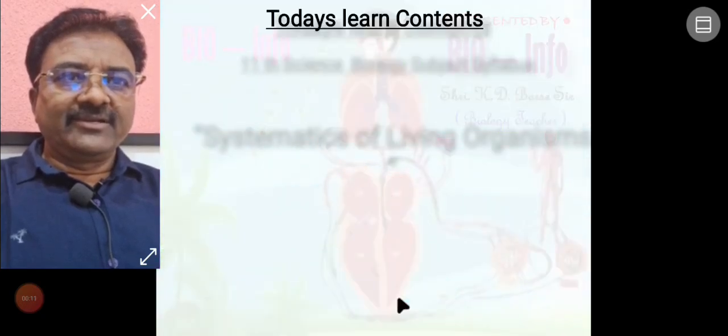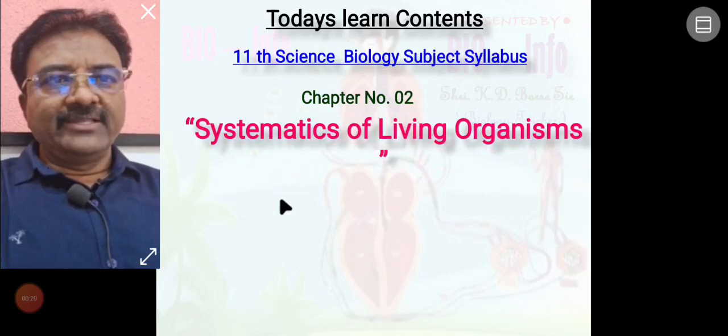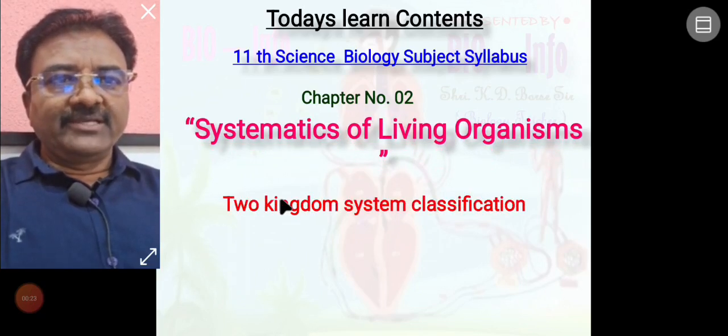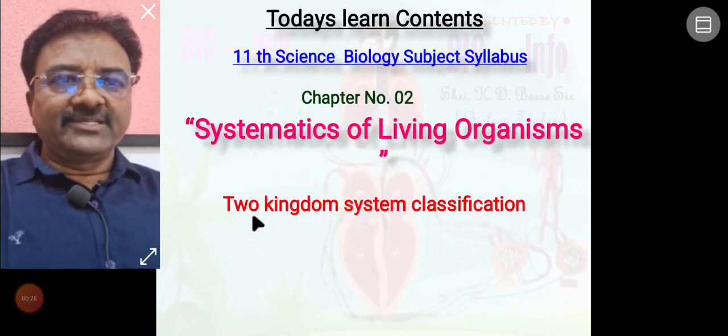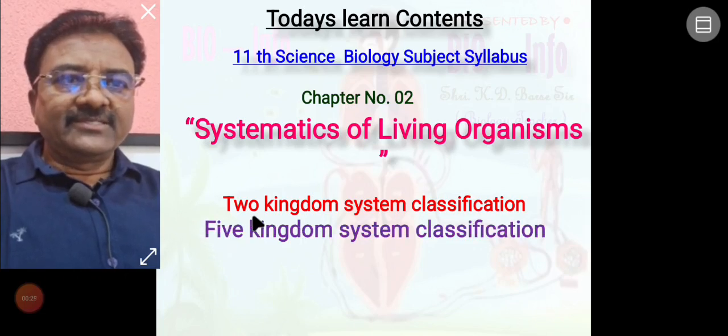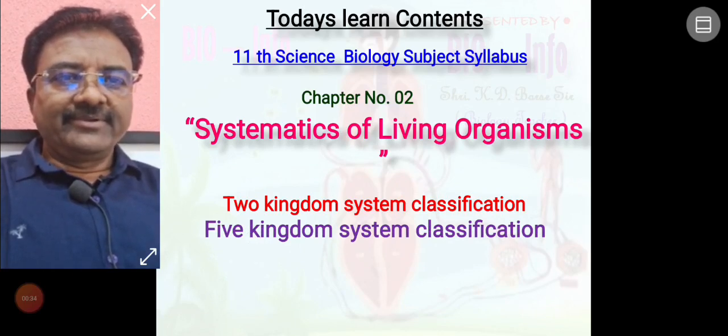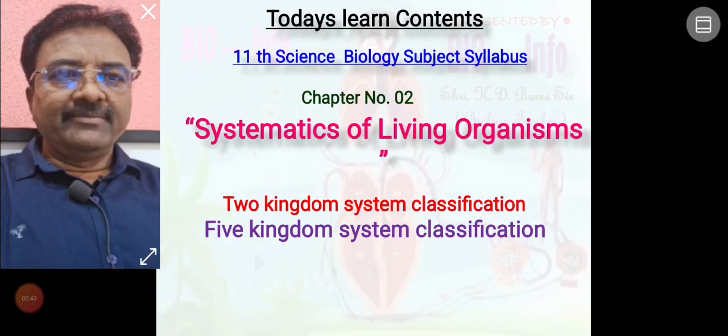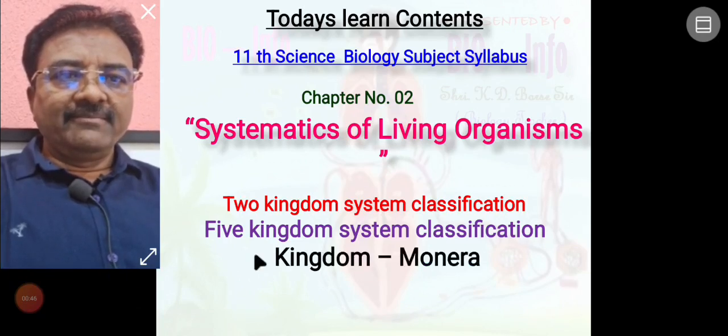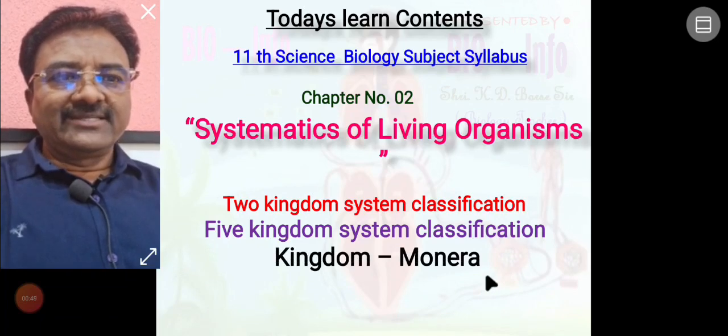Today we are going to learn the 11th science syllabus, chapter number 2, Systematics of Living Organisms. This chapter contains topics like two kingdom system classification and five kingdom system classification. In the five kingdom system classification, there are five different kingdoms: kingdom Monera, kingdom Protista, kingdom Plantae, kingdom Fungi, and kingdom Animalia. Kingdom Monera is also discussed in detail in today's lecture. So let us start today's first concept,